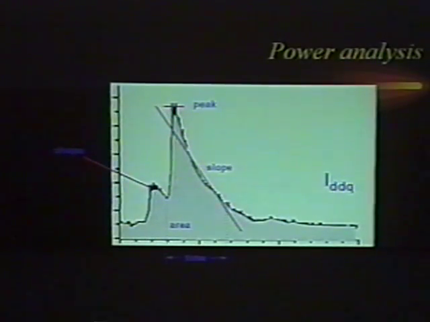Now, if we look into the characteristics of this clock cycle, you can see there are a lot of properties that might mean something. There's the peak value, there's a slope, there's a shape, there's an area, there's some time, there's a rest current. All these properties mean something. And it will probably not be a surprise to you that if we compare this clock cycle with the next one, they will not be identical.